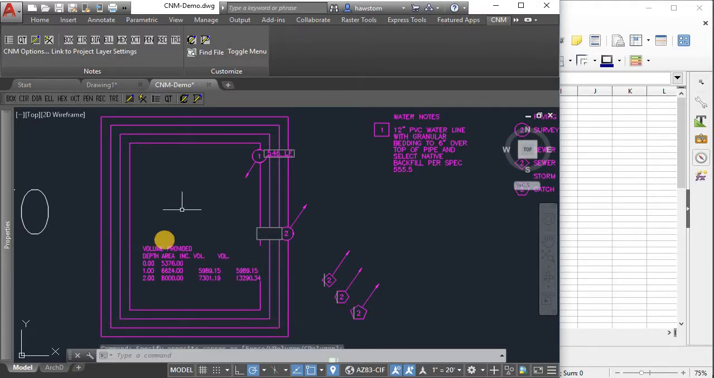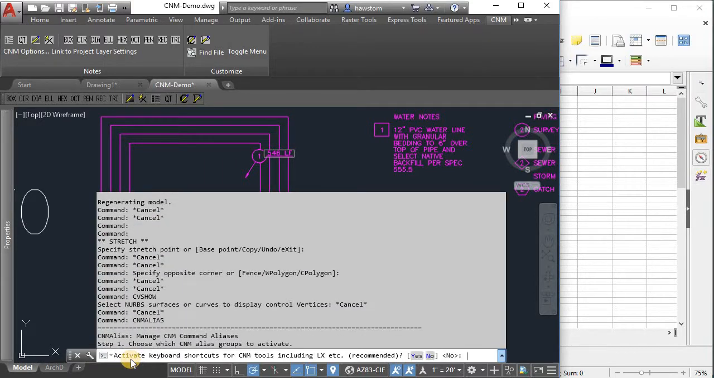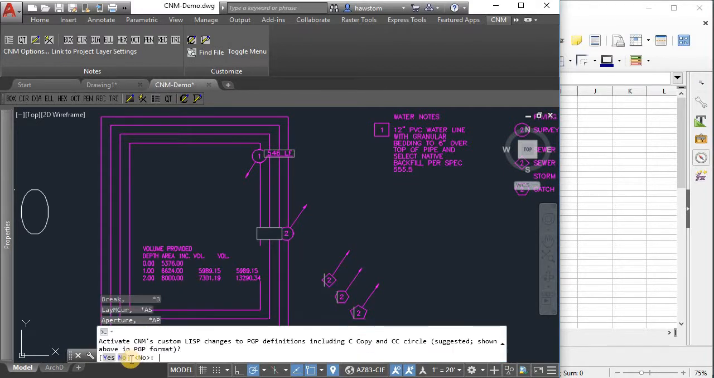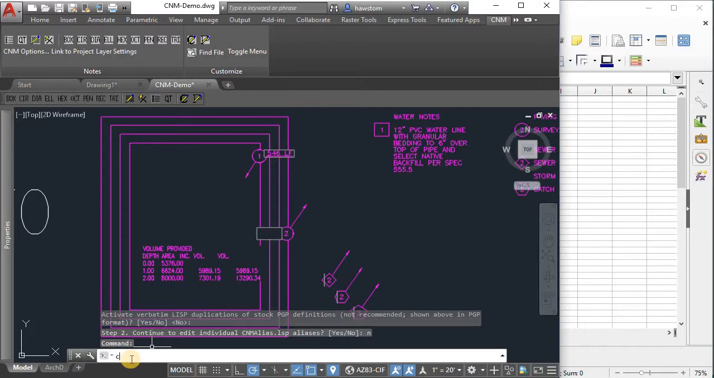But that command is CV, but it's not. That brings up an AutoCAD command. If I want to have the standard CNM command aliases, I need to type CNM alias and say I'll take the keyboard shortcuts for the CNM tools. Yes. And then no, no, no. Now if I type CV,